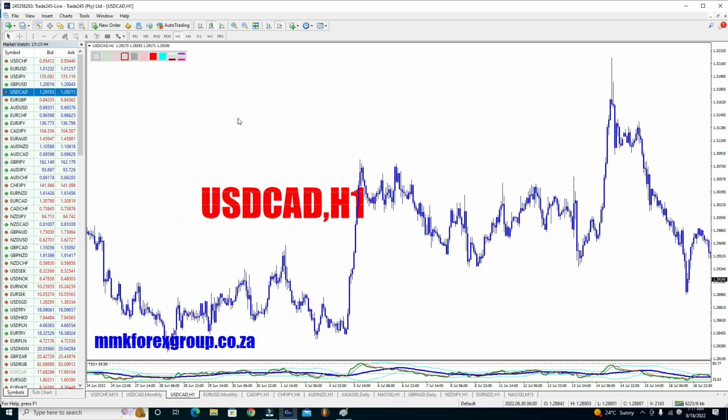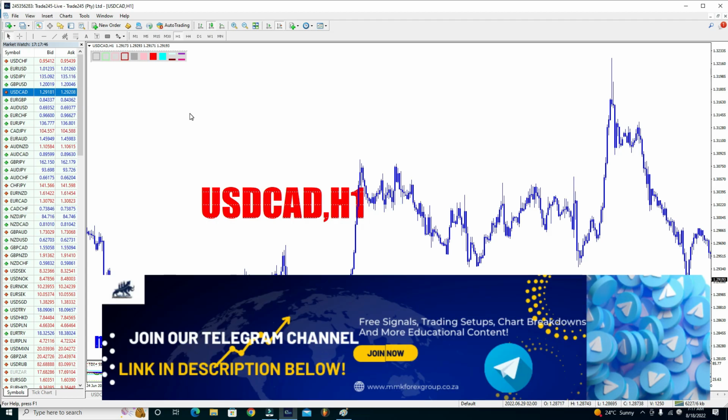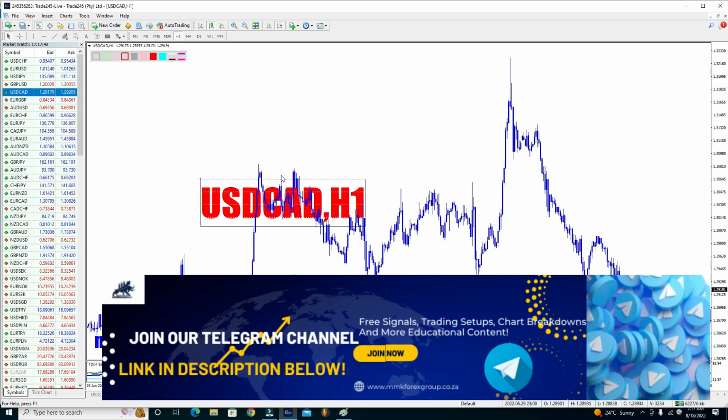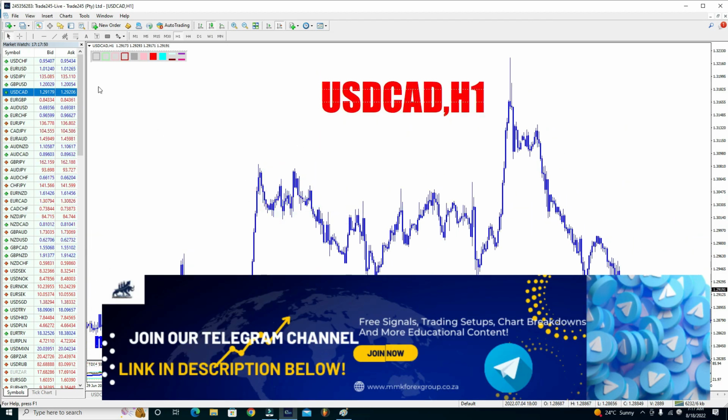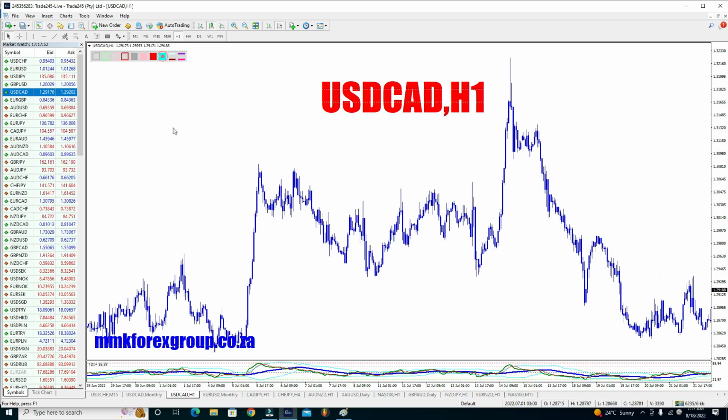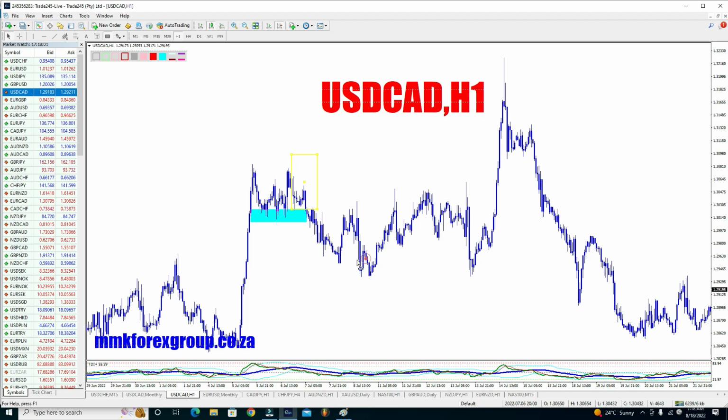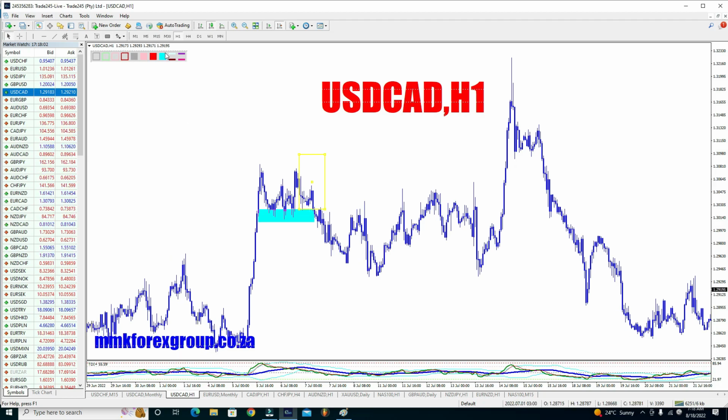Remember, you're not going to find this every time on every pair, so you need to be very selective. Here's another example. We've got our multiple rejections, meaning the area above becomes our golden zone. And as you can see, this area here,